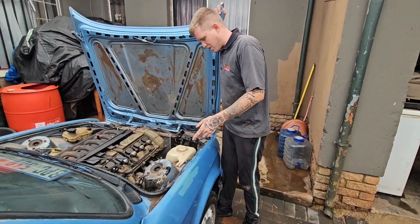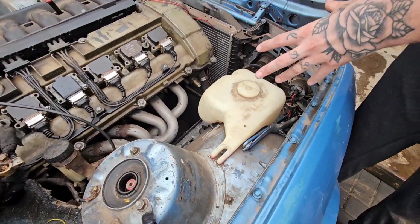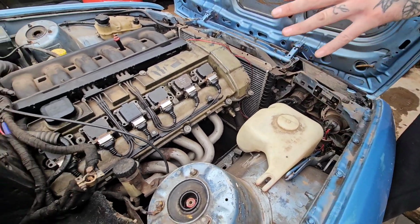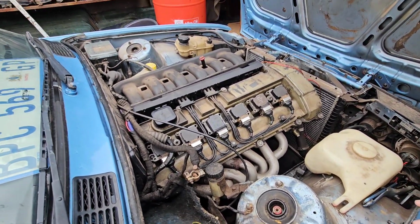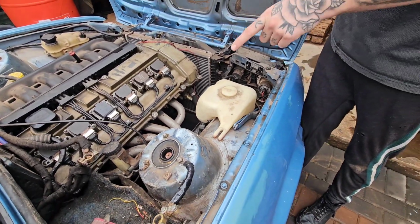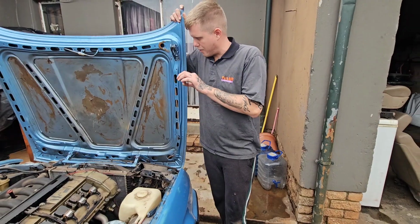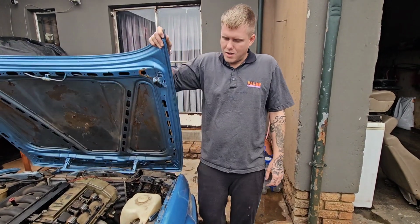But as you can see in this engine bay, they sprayed the car, but they didn't spray the actual engine bay. So even if I was keeping this multi-valve to do a proper job, I was going to pluck it out anyways. But we've got to do this whole engine bay whilst the engine is out, so that we can put that fresh M20 back in. But yeah,